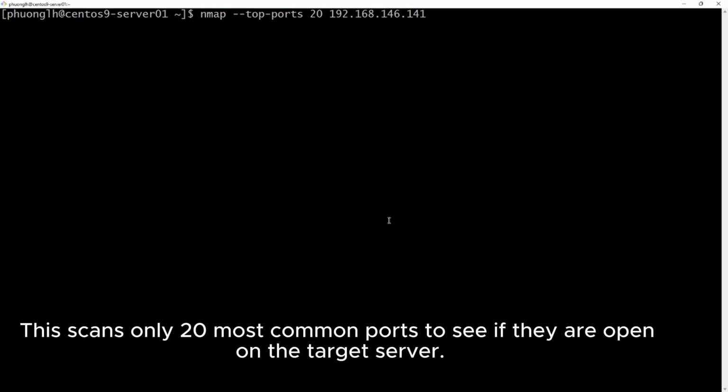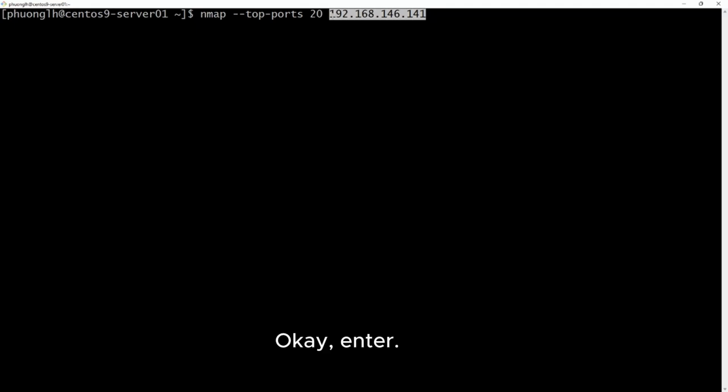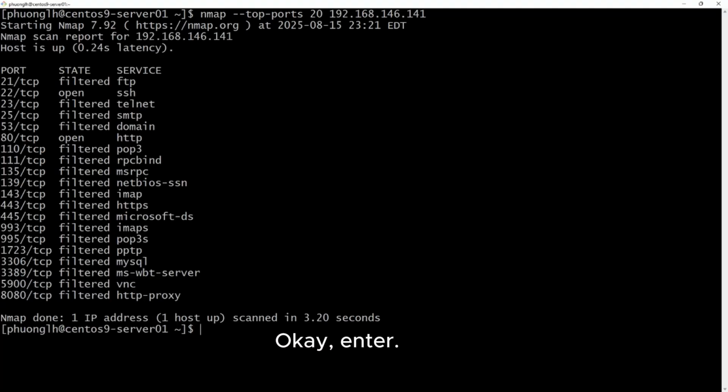This scans only the 20 most common ports to see if they are open on the target server. Okay, enter. Okay, clear.